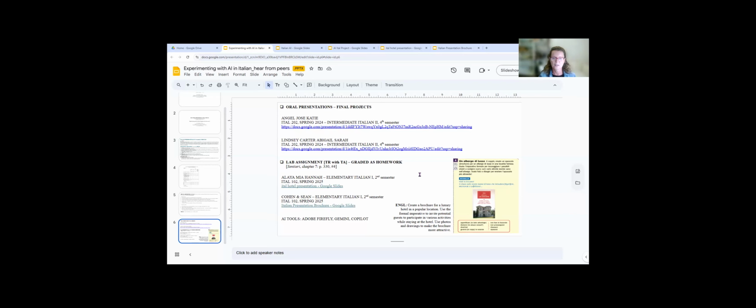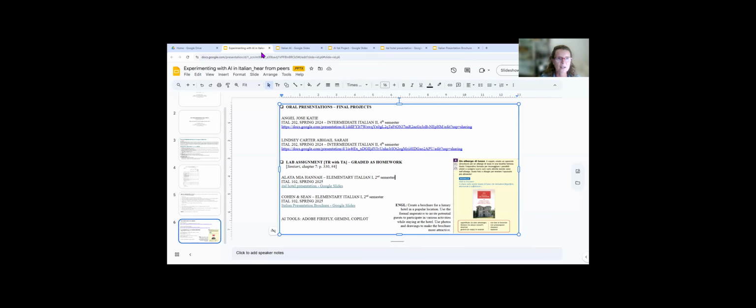And therefore, during the lab day, which was on a Tuesday, the students worked on this assignment supervised by the TA. What they had to do, basically, was practice their Italian in connection with the images that AI gave them. And this is Elementary Italian 2, therefore the second semester of Italian. Their Italian, of course, is very limited, in the sense that they cannot do a lot, but they can do enough to describe and to create this picture.